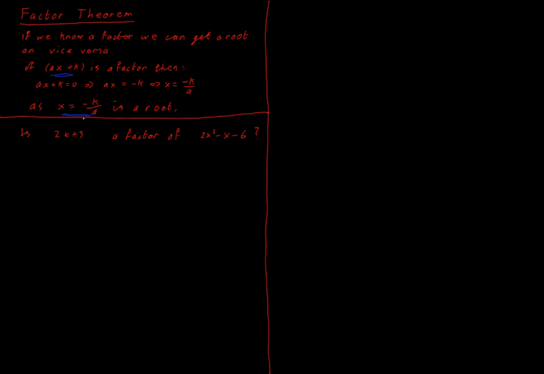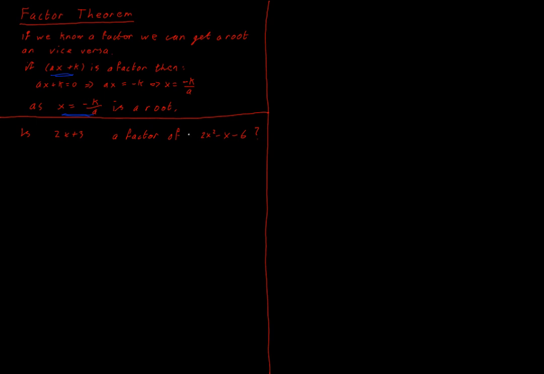So let's put this into practice. Is 2x plus 3 a factor of our quadratic here? Now there's lots of different ways that we already know how to do this. We could just factorize the quadratic and we could see if 2x plus 3 was one of the factors. We could do long division and see if 2x plus 3 divides perfectly into our quadratic. If we get 0 remainder, that means that 2x plus 3 is a factor of our quadratic. What we're going to do now, just to highlight the factor theorem, and really for no other reason, is